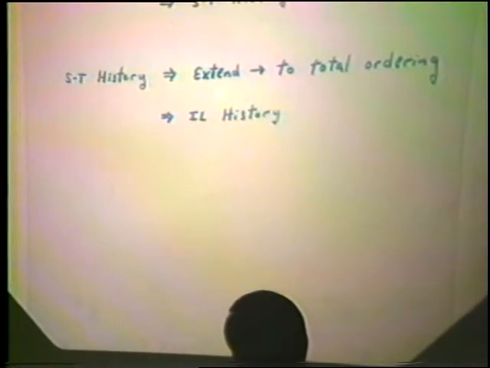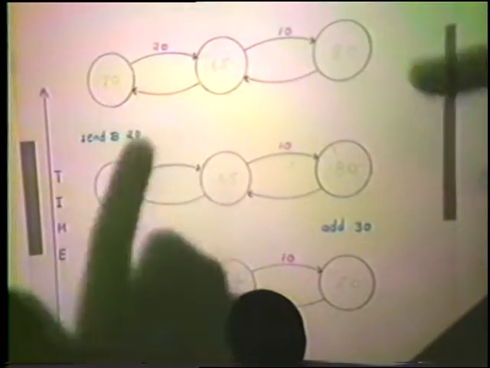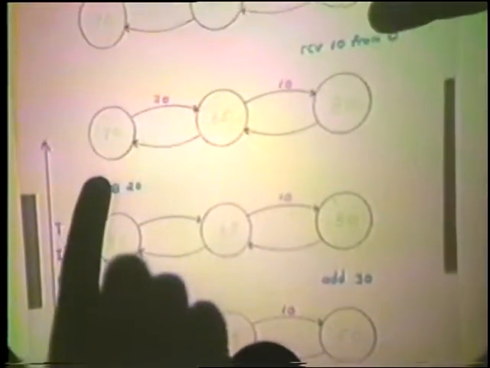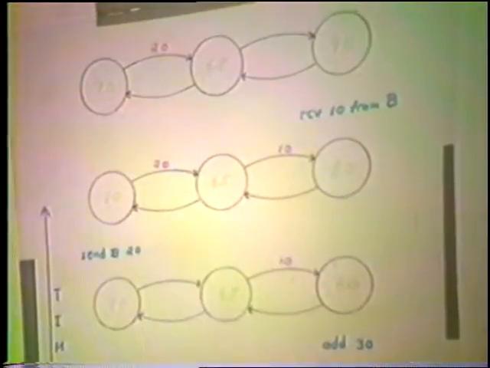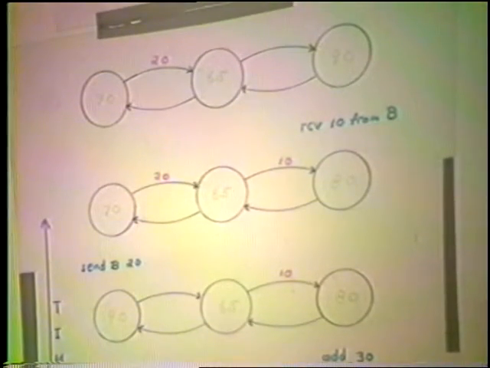But all of those completions will give us consistent interleaving histories. That is, the global states that we get will make sense. Just as in the example that I started with, we saw that interchanging the order of these two events gave us a valid interleaving history. This execution order made sense.